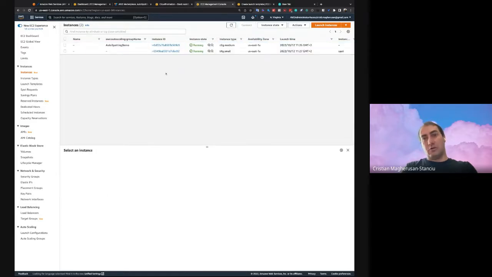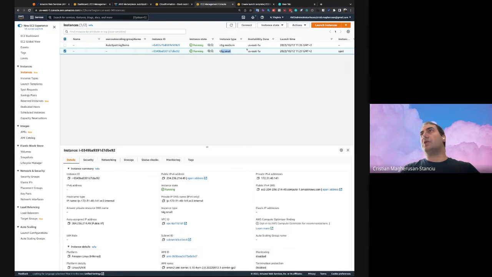But since we have Autospotting in the account, Autospotting will go and launch a spot replacement for this instance. If you look at the instance types, the spot replacement will have the same number of CPU cores and the same memory size. It is a burstable instance, which means there is a little difference in the behavior and how you're charged for the CPU.